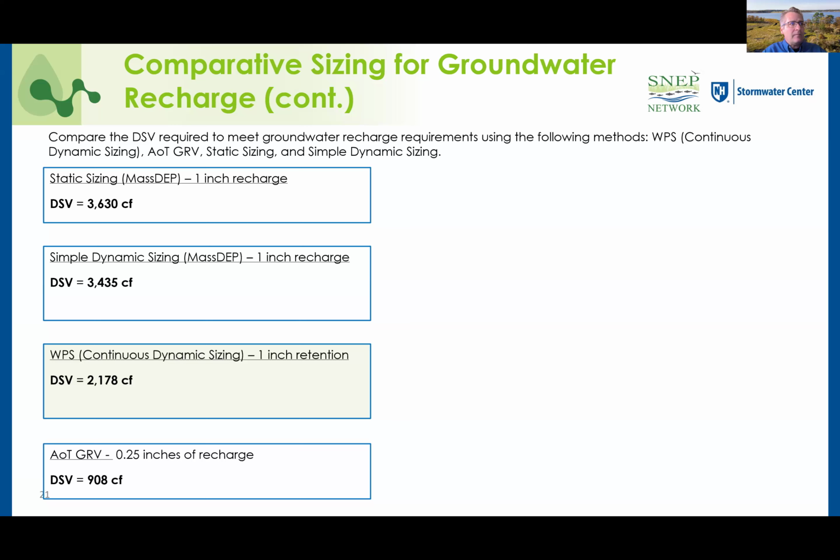Our Alteration of Terrain program in New Hampshire has a groundwater recharge standard that's based on the weighted hydrologic soil group on site, and it's invariably much lower. But they also have very high water quality standards. So if you're in a phosphorus impaired water, you're really being asked to use the limits of the technology with respect to stormwater controls to meet the requirements. So again, we're hoping that over time, our Alteration of Terrain programs move more towards this type of level of protection.